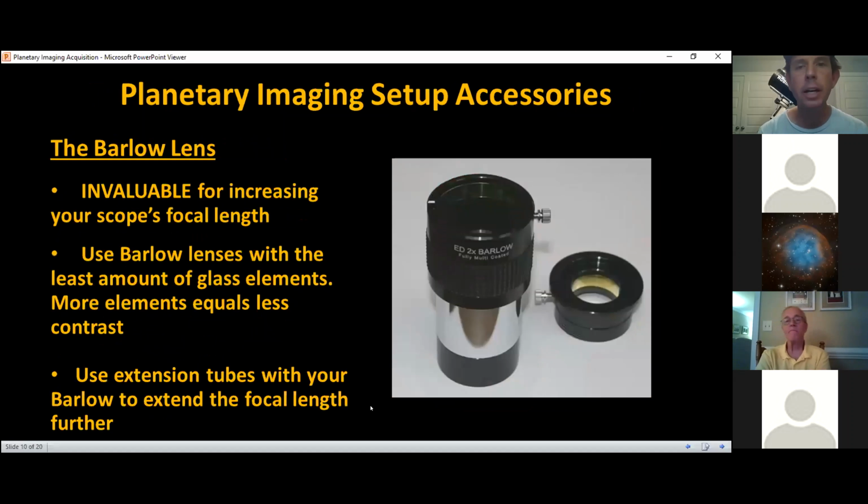So let's see. Okay, so some accessories beyond the three necessities, right? You definitely need a scope, you definitely need a good focuser to help you focus something so tiny. And obviously you need a camera to make imaging possible. But some of the accessories that would help in your imaging session are